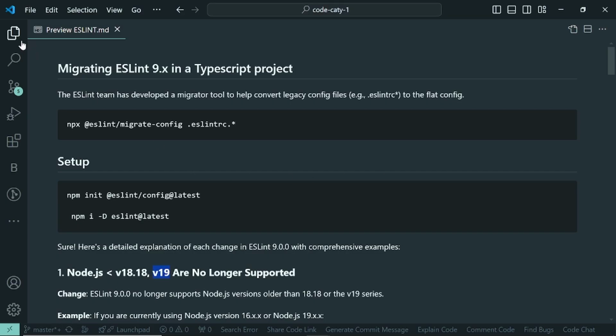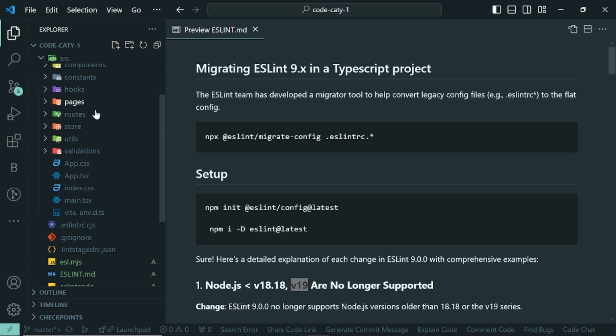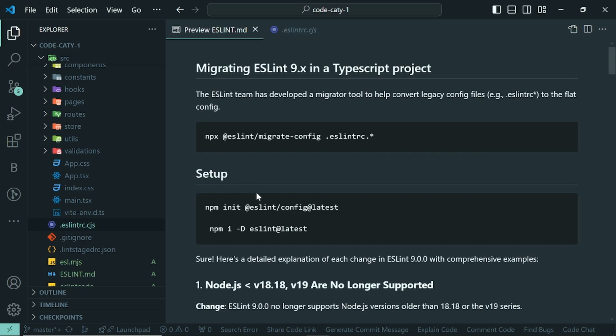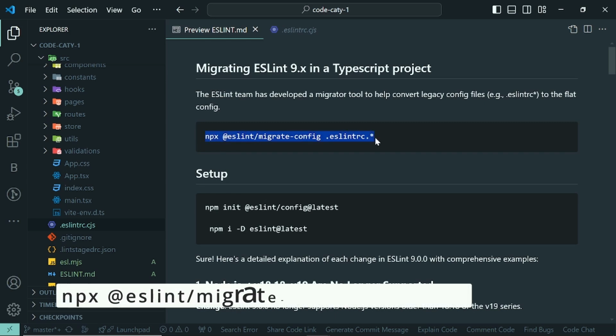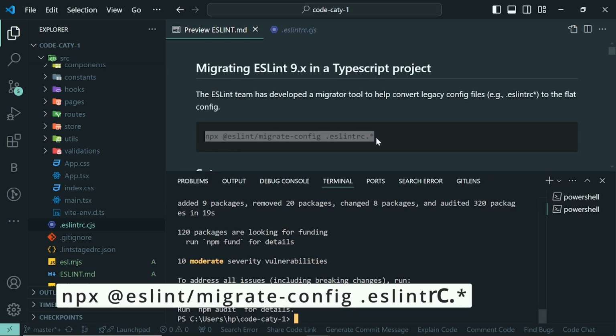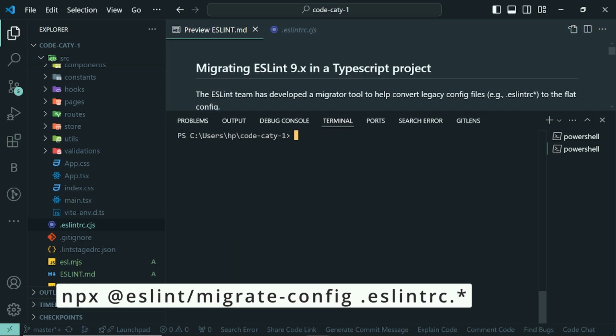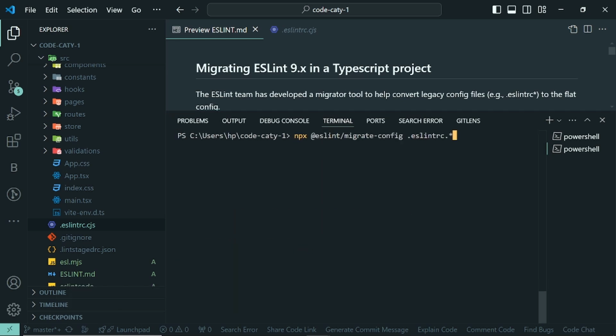Okay, so here if you'll see, we already have a project that contains ESLint. If I come here in our documentation, you can see I'm having this command. Actually ESLint has already created a tool that will make things easy for you. So what we have to do is just run this command. Okay, so let's open our console, clear this, and paste it. Then you can see we have this npx @eslint/migrate-config, then